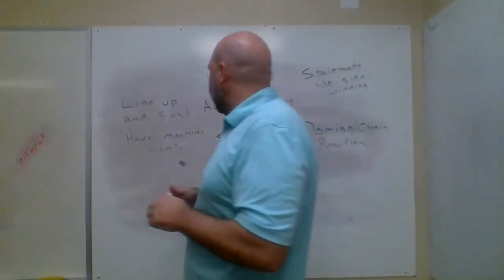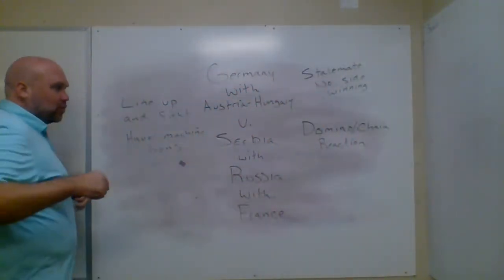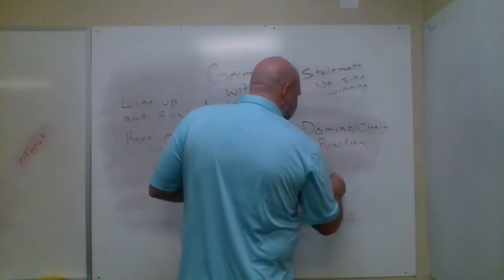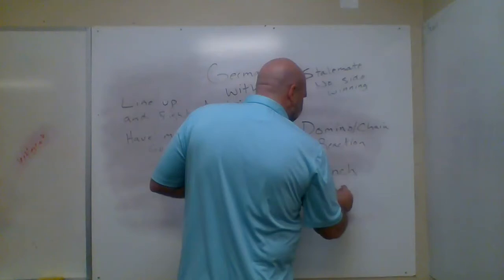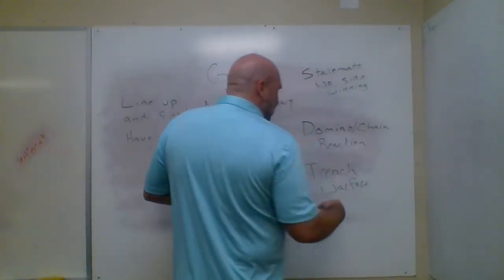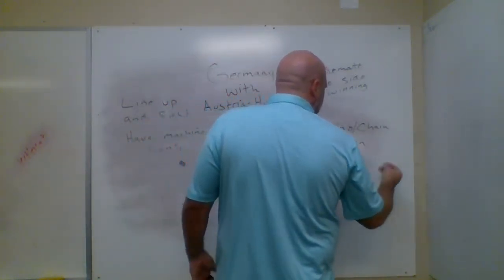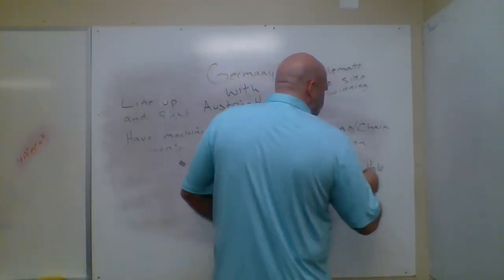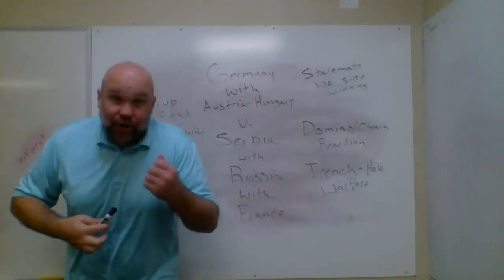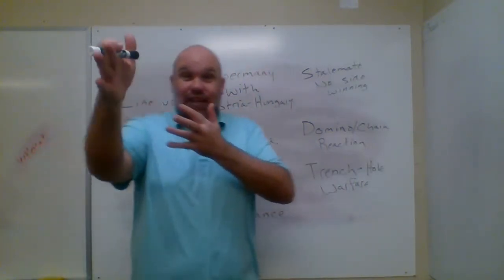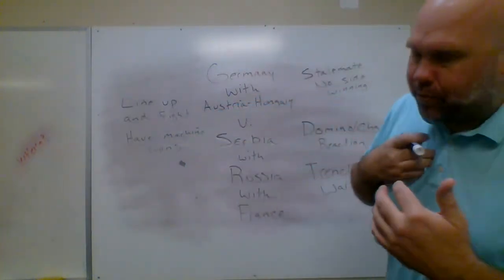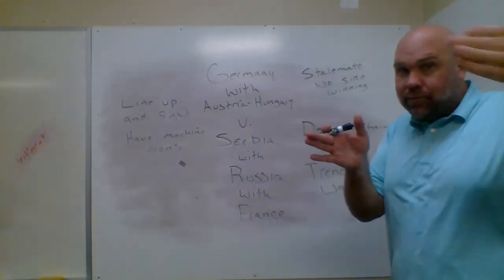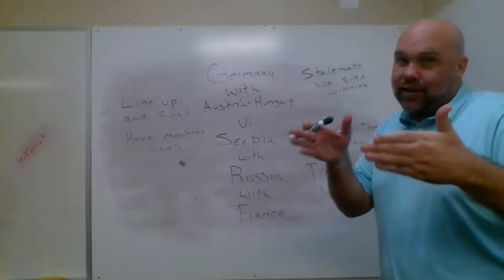We start to see the term that comes to represent what this war is going to be based on, and that is this: trench warfare. What is a trench? It's basically like digging a trench. It's a hole. We dig up some dirt and get down because the other side's firing machine guns, and we start to see trenches being built. And now these trenches mean that people are down in these holes and they're waiting.